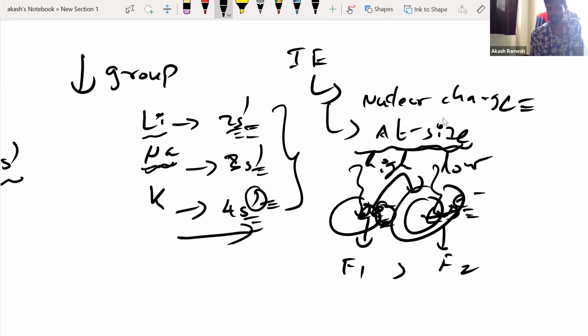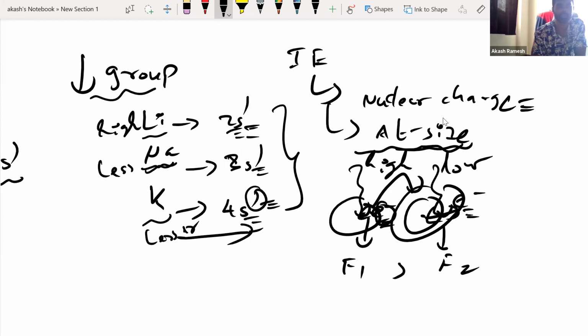So now what do you understand? From potassium, it is very easy, that means lesser energy. Now this is a little higher than this, and this will have the maximum amount of energy to be spent for the electron to come out. Correct? So now what can I say? When I go down the group, the electron becomes less and less tightly bound, so it becomes more and more easy for the electron to come out. So the amount of energy spent keeps on decreasing when I go down the group.